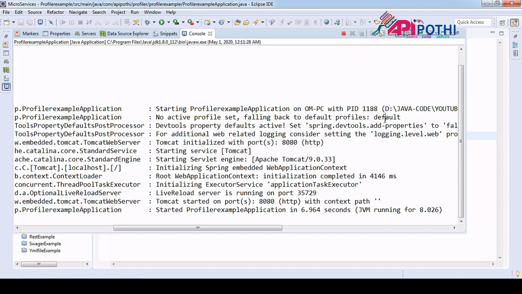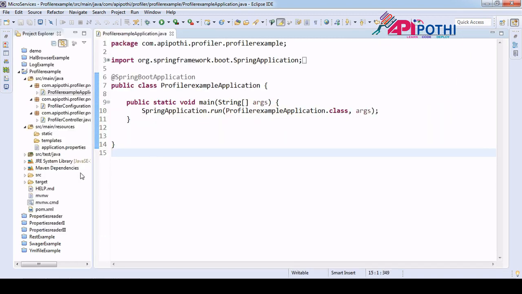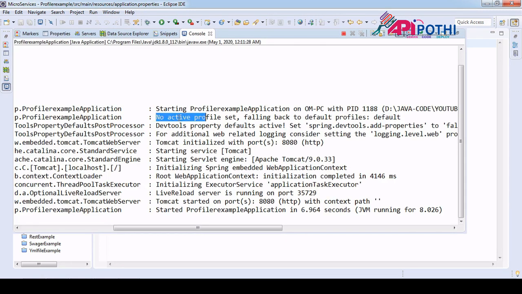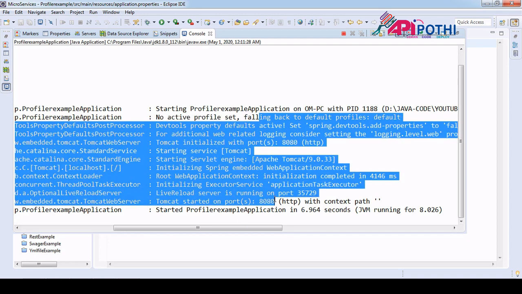And this is the default application.properties file. Here we don't have any configuration for now. As soon as you set your profile, you will see your profile name here, and accordingly all the configuration gets loaded at runtime and it will execute.